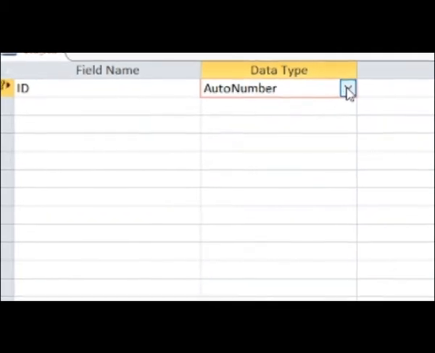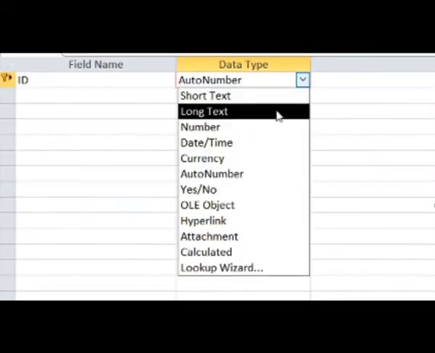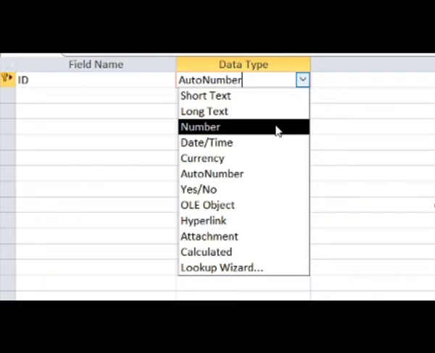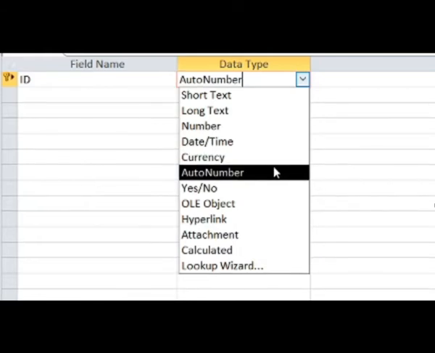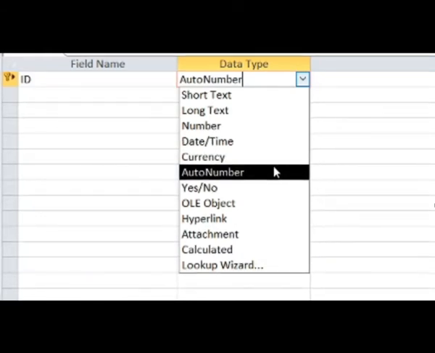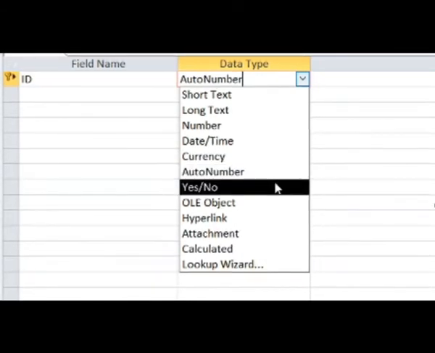So here we have many other types of data also. We have short text, long text. See, number and auto number is a very common question which comes in exam. You want to write down the date, so you have date and time. Like we were talking about amount, one column is there for amount. You can take the type of data for that field name as currency. Auto number I've explained to you. Then we have one more option which is yes and no.